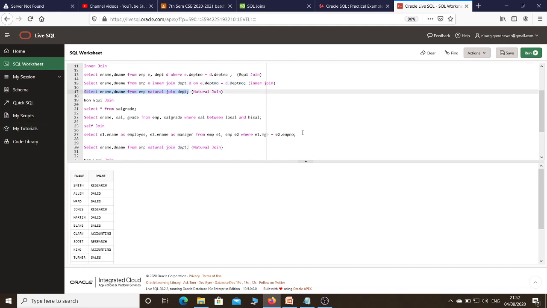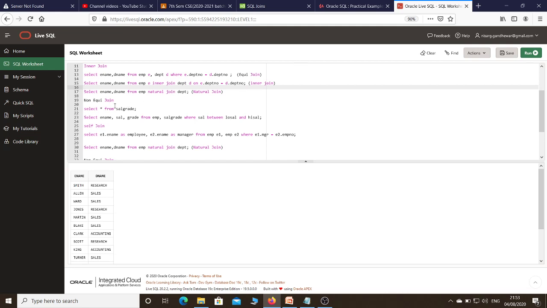Now the third way of specifying the query is natural join. Again the problem statement is the same. I need to display employee name along with the department name. So I just selected this query and executed it, and let's check whether we get the same output or not. Now here you can again observe that I am getting 14 rows. So if you run equijoin, inner join or natural join, you get the same output, employee name and the department name. Only the way of specifying the query is different.